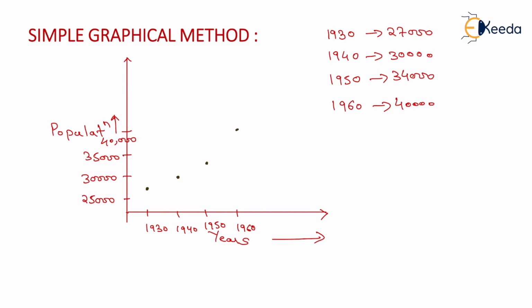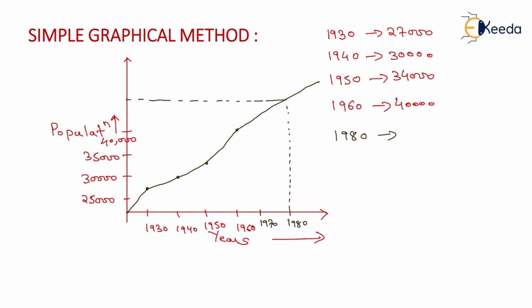Now if they want us to give the population of 1980, we will just make a graph simply by joining the points freehand, and we will continue the slope of the last point like this. Okay, and we need to mention here the years, that is 1970 and 1980. Now as per the question, we need to determine the 1980 population. So we have just made a line on the graph, and we will get the population from the y-axis, which will be equal to almost 50,000.